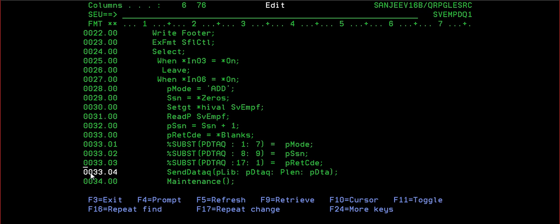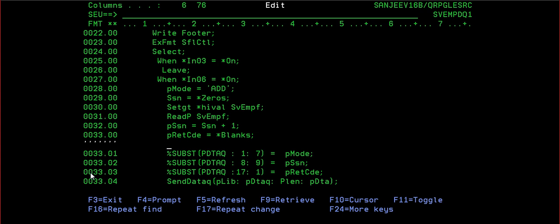So how will I get my length? P length equals percentage length of P DTA data. Whatever the P data length is, we have to pass through P length.